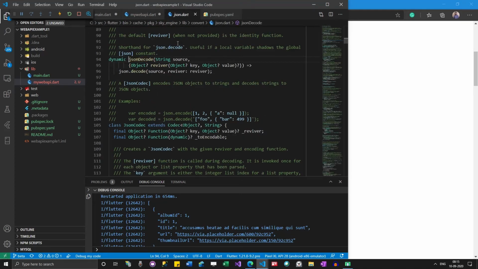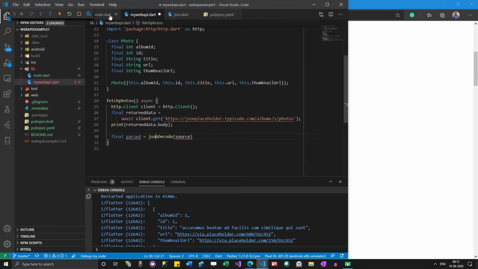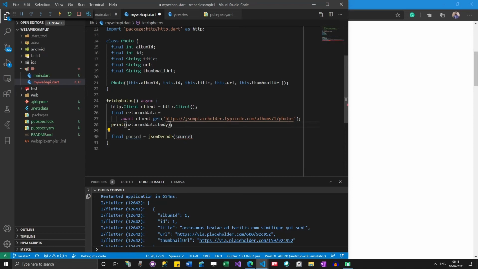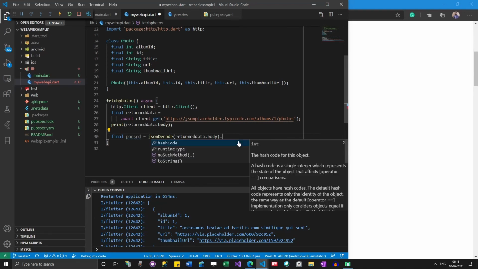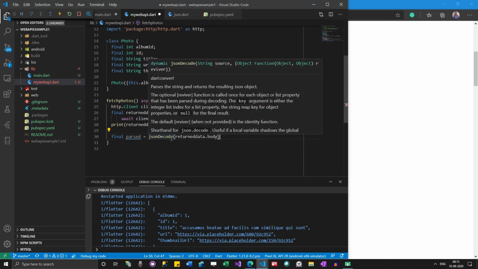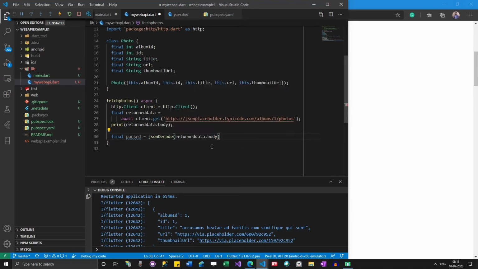In dart:convert, which comes with the Flutter package, we have JSON decode. We need to decode it. It needs the source, which is the response body. It is a dynamic type, which means you can convert it into whatever you want.